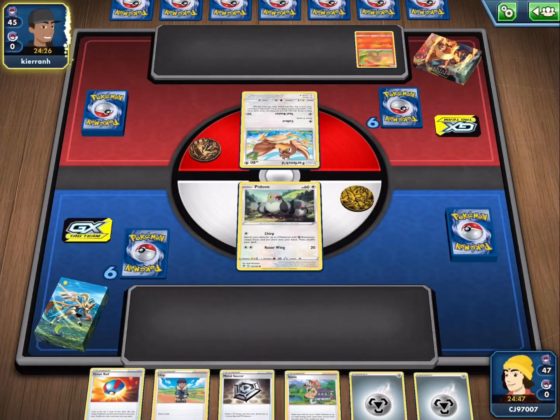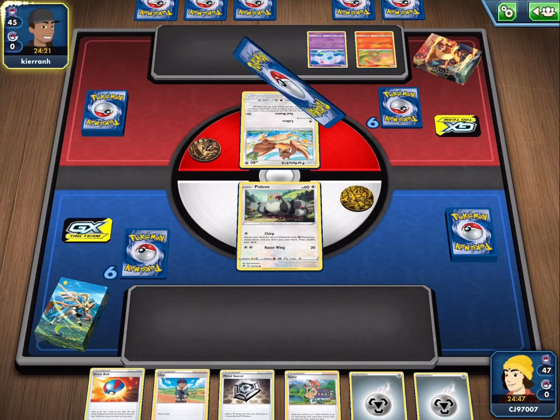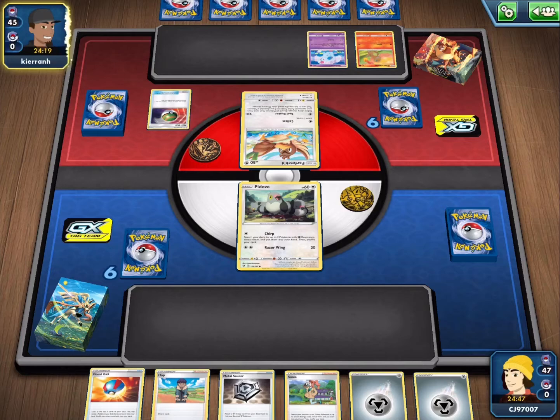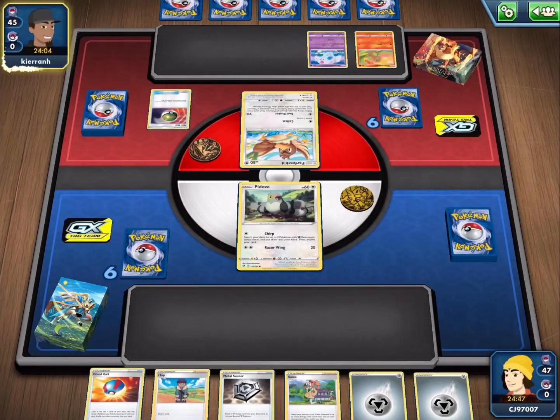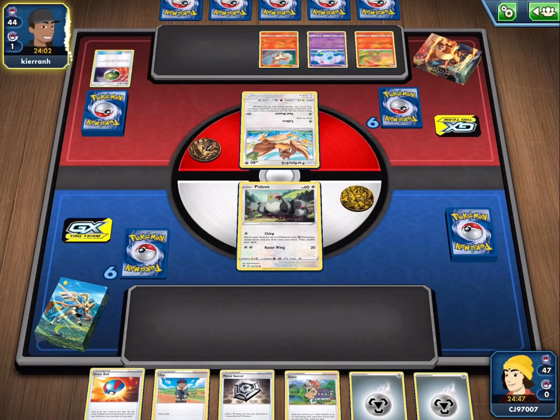Looks like we're up against another best theme deck. This time around it is the Relentless Flame, which does happen to be a fire and in particular Charizard deck, so we're going to have a real hard time against this since we are weak to fire for the most part. Although we do have our bird line, the whole Pidove line is going to be useful for actually getting some good attacks off here and hopefully winning out this game, but we'll have to see, as this is going